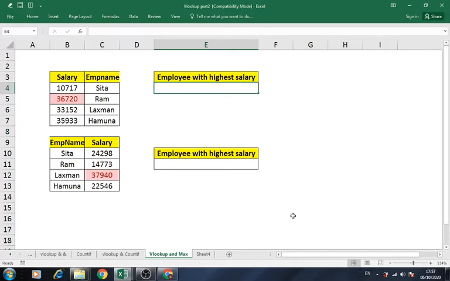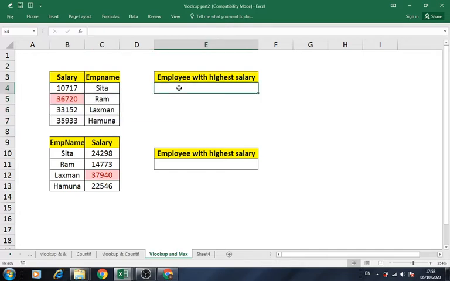Here in this example, we need to find out which employee is drawing the maximum salary. Now in this particular table, this is our source data. So in this table, the values in the first column are unique. So we can take this particular salary field or the salary column as a key field to find out which employee is actually getting the maximum salary.